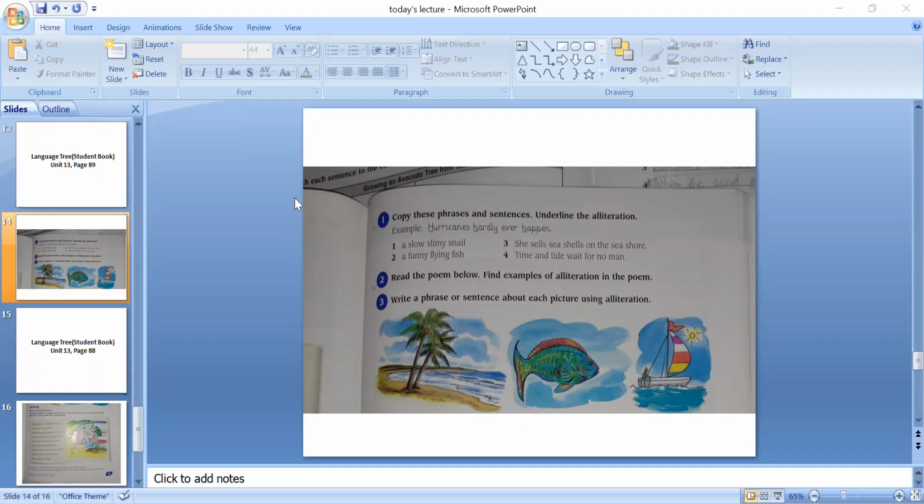Okay, so there are two sounds, sir and sure. SH in she, you have to underline these first two letters in she. Then in cells, C has the sir sound. In shells, SH, you will underline. On the C, again in C, you will underline S, and the last word is shore, you will underline SH.